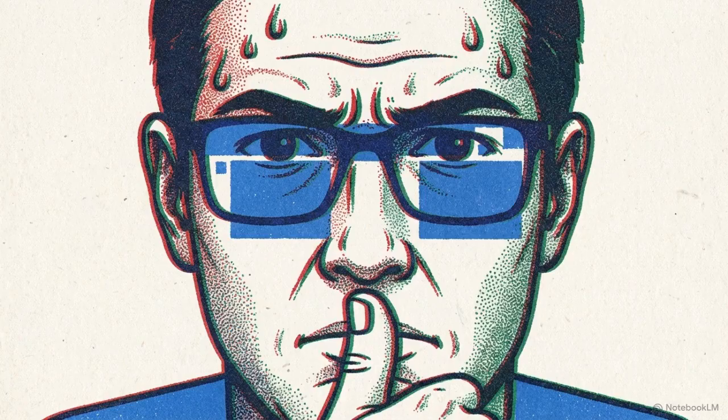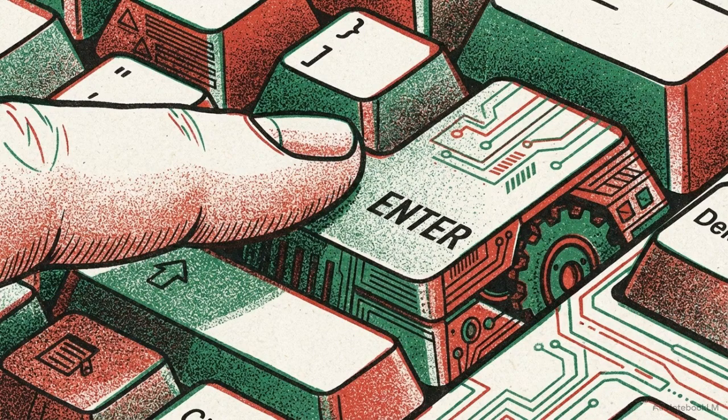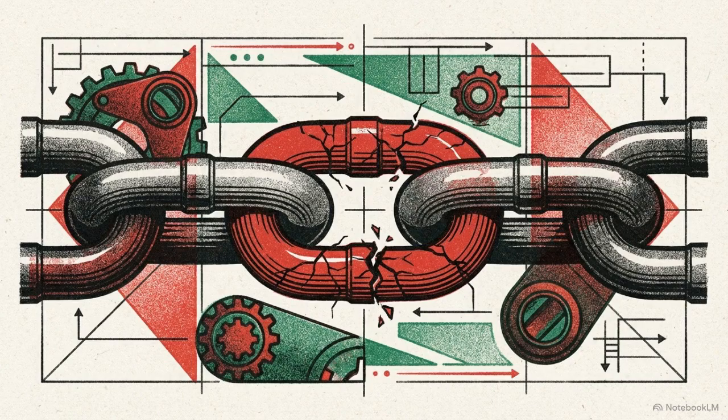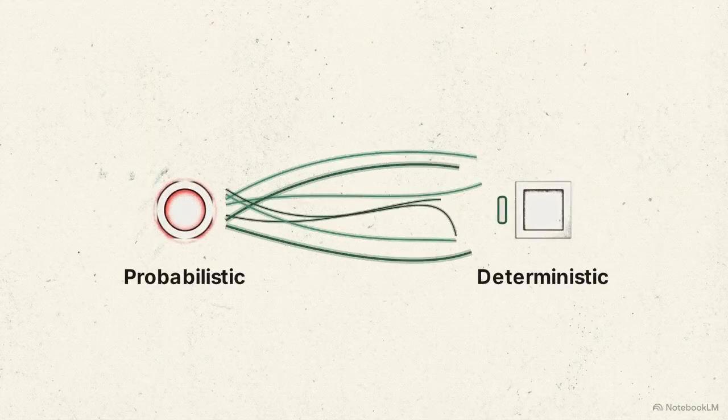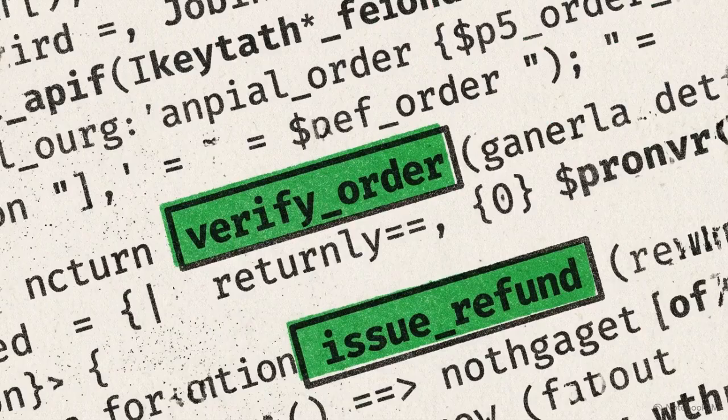This creates an environment of constant anxiety. A developer knows that adding a single sentence to a prompt could unknowingly sever a critical chain of operations. The industry remains vulnerable because engineers are attempting to secure deterministic operations using probabilistic tools. To fix this, developers must stop testing the text the agent writes and strictly test the tools it calls.